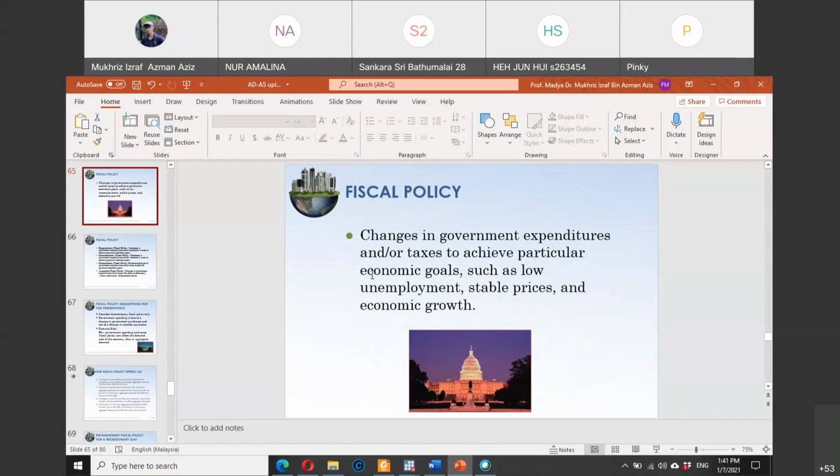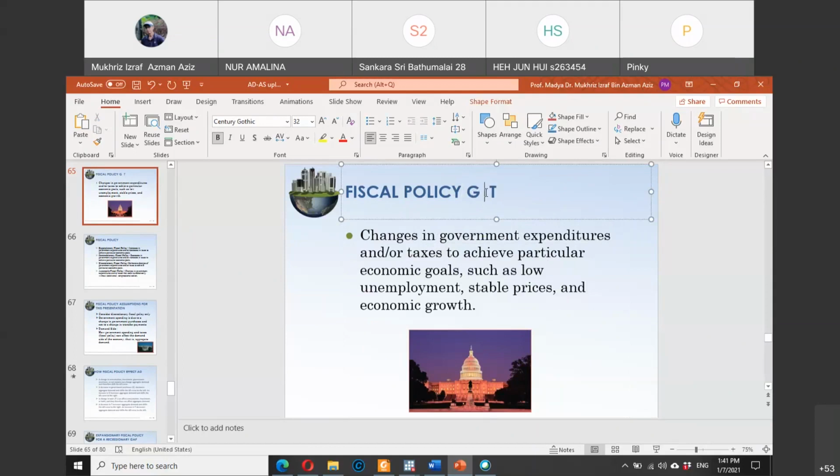Okay, as we discussed earlier this week, we already discussed the terms fiscal policy and monetary policy, I think in chapter 12 or 13 before. So fiscal policy is done by changing G and T. G means government expenditure, T refers to taxes. So fiscal policy is done by the government, by changing G and also T.